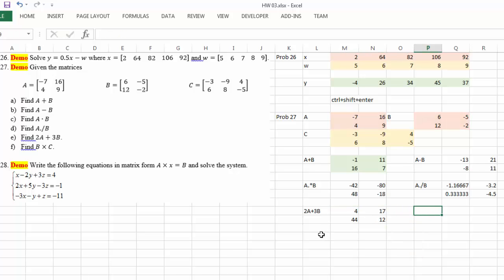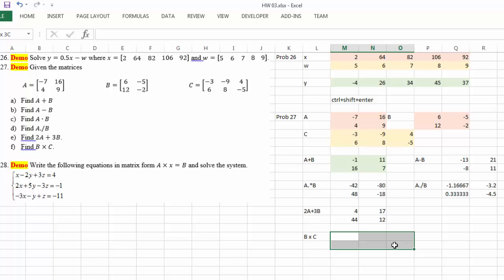Now, lastly, the cross product of B and C, that's different. Now, B is a matrix of 2 by 2. C is a matrix of 2 by 3. So the 2 inner dimensions are both 2. Therefore, you can multiply them together. Therefore, to perform cross product, so we have B cross C. We use the X to represent cross. So you cannot do simply the multiplication sign, because that will give you the scalar multiplication